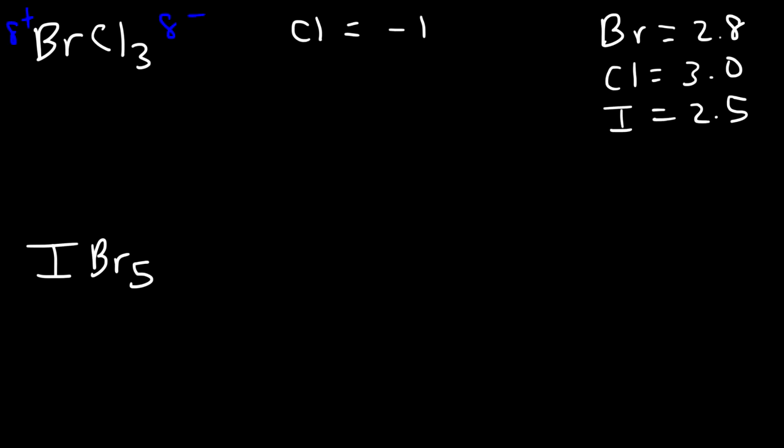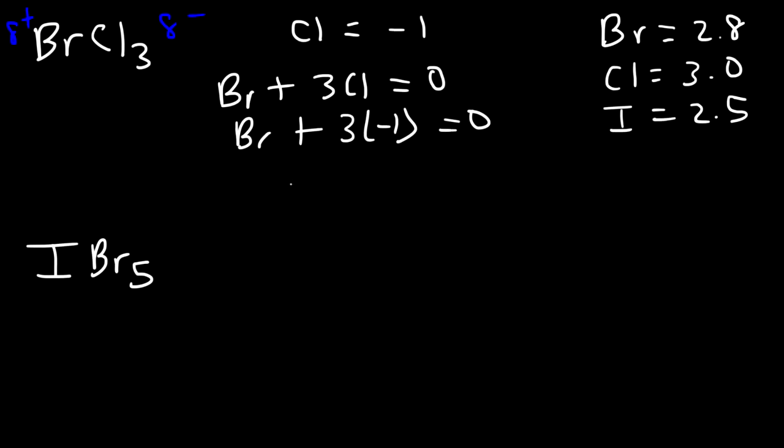Bromine, we need to calculate it. So it's going to be Br plus 3Cl, and that's equal to 0. So this is going to be 3 times -1, and so we can see that bromine has an oxidation state of +3. Now, in the second example,